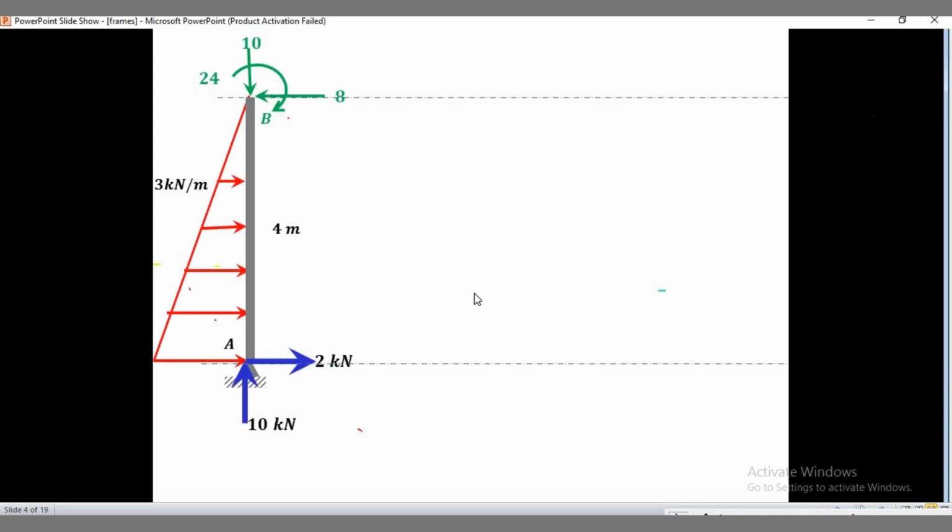ito ngayon si AB, yung na-solve natin kanina. Meron tayong internal reactions na 24, 10, at saka 8. So, given this, pwede ko na ngayon i-drawing si shear diagram. Parang nakakalito, but take AB as a beam. Kung ano yung ginawa natin kanina dun sa may beam, the same dito kay may AB. So, ang gawin lang natin ay, kung baga,